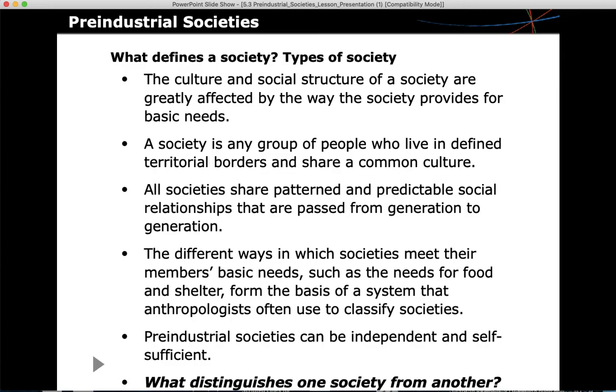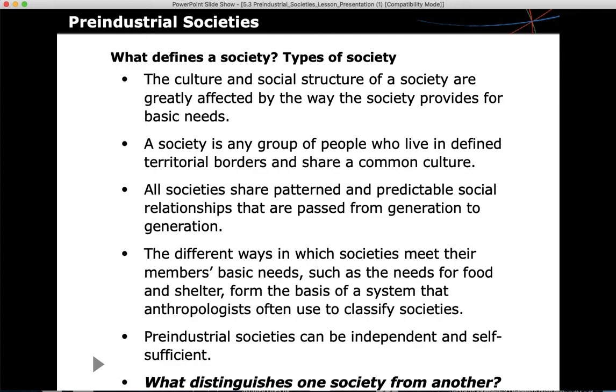In theory, a society is independent. Its smaller social structures, family, economy, and so forth, work together so it can meet all the needs of its members. Pre-industrial societies, in fact, can be independent and self-sufficient. Modern societies, however, are not. Although they are capable of caring for most members' needs, these societies must have political, military, economic, cultural, and technological ties with other societies. In fact, modern societies are rapidly moving toward the creation of a global society.